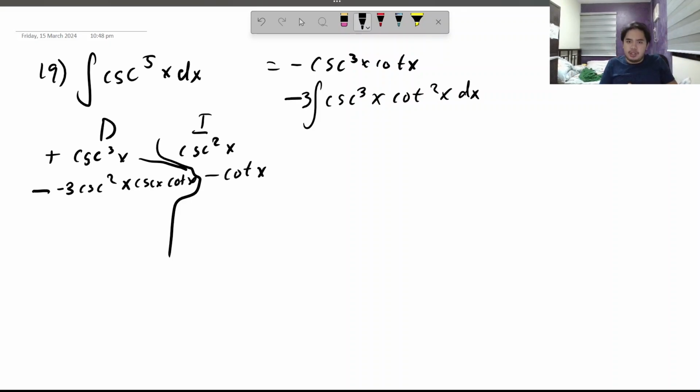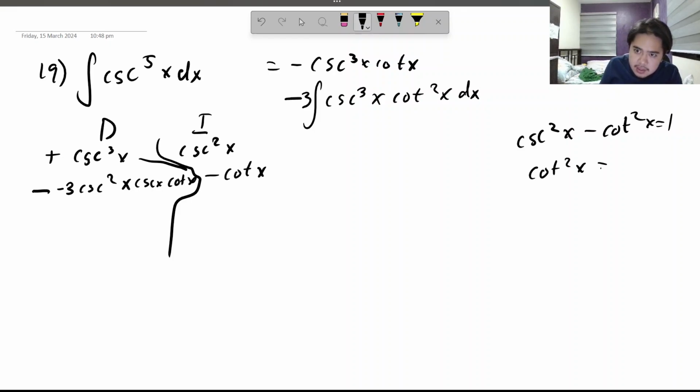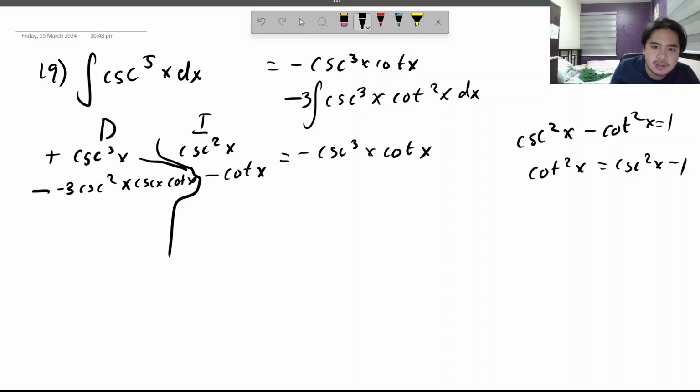What we can do here is actually to turn the cotangent into something cosecant adjacent. Remember, cosecant squared x minus cotangent squared x equals 1. And then we get cotangent squared x is cosecant squared x minus 1. Correct? So, we put negative cosecant cube x cotangent x minus 3, then the integral of